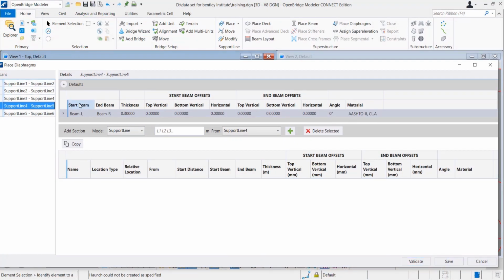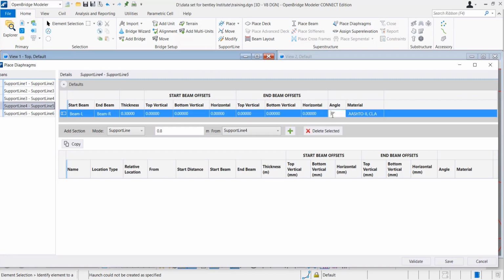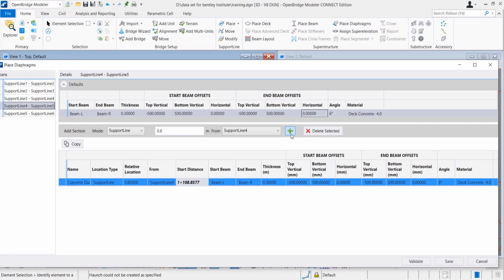So we select span 4, right, and similar way for span 2, like span 2 for span 4, it's similar. One angle is your skew, another one is not in skew, it's perpendicular to the carriageway. So we will put a skew angle in one end, and the other end it would be straight. You can carry on like this, minus 500 plus 500, and then material property.